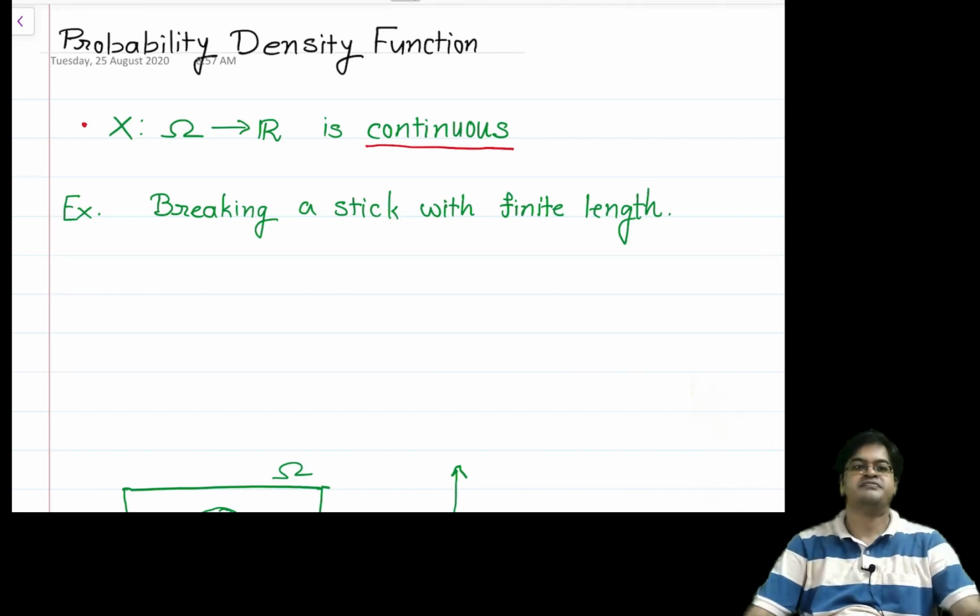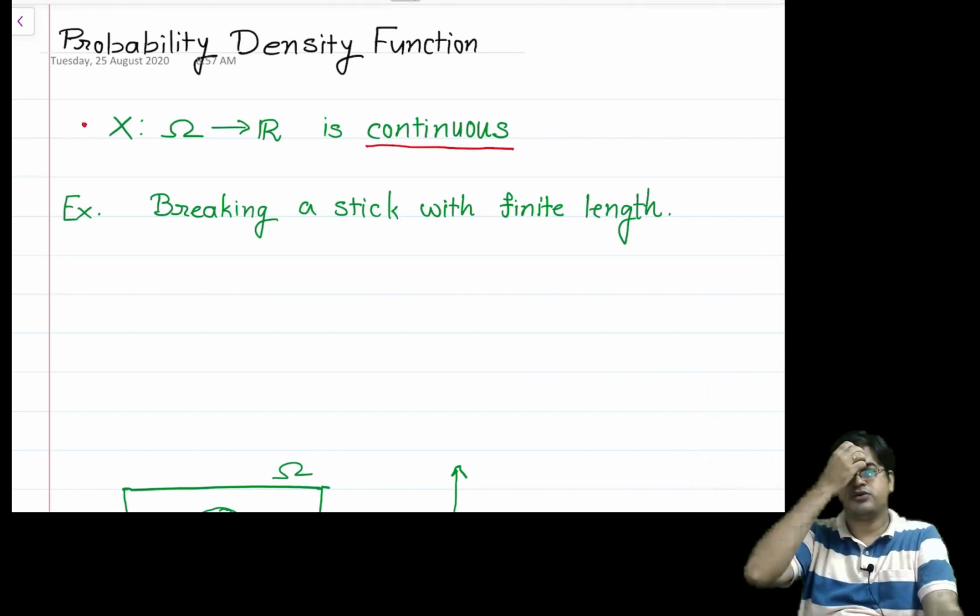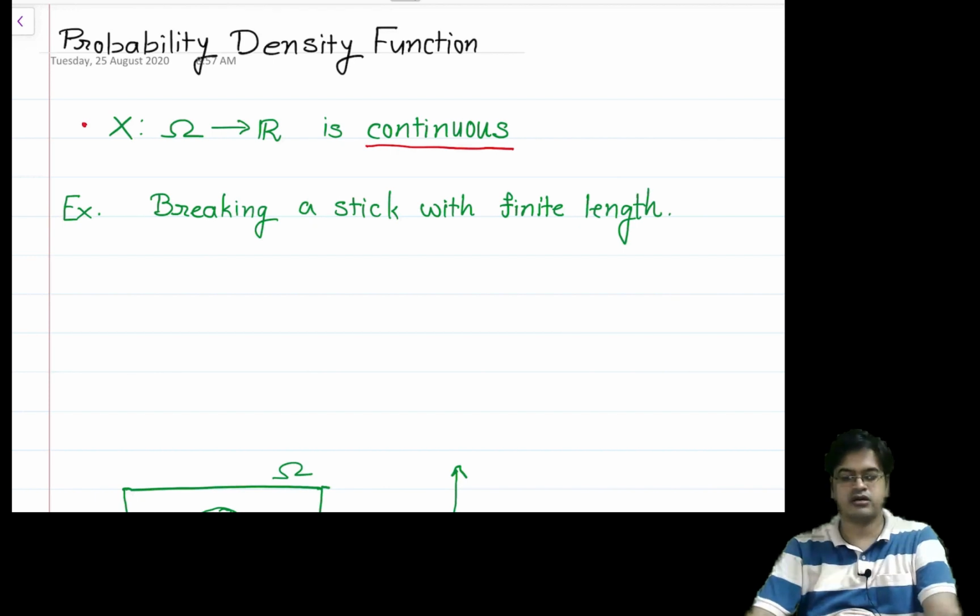Hi students, let us discuss the new topic today, the new unit in our probability course, that is continuous random variables. So far, whatever we have discussed about discrete random variables, those are typically associated with probability mass functions, and based on the probability mass function we can calculate the corresponding probabilities. So now it's time to go ahead and study continuous random variables.